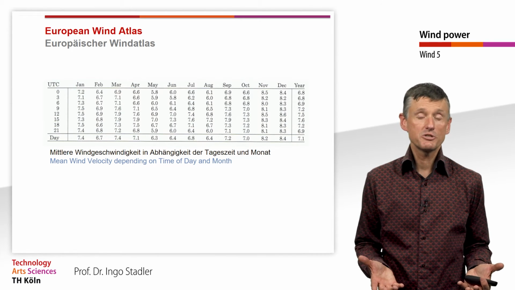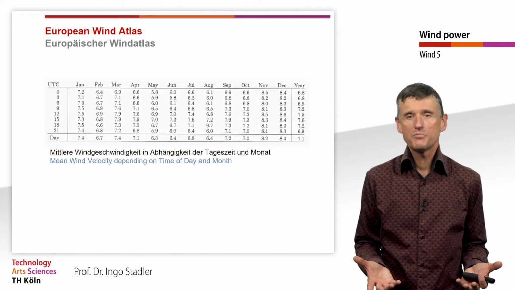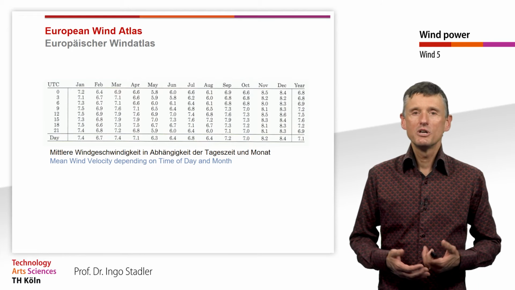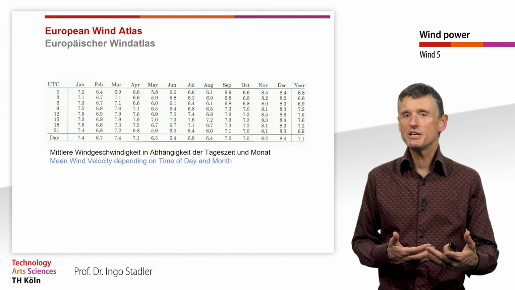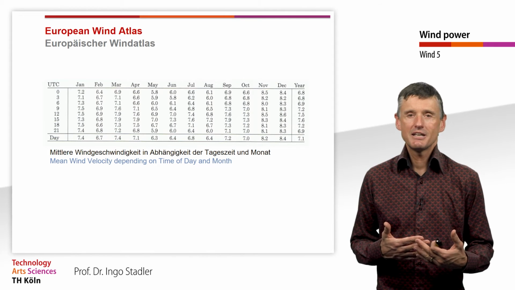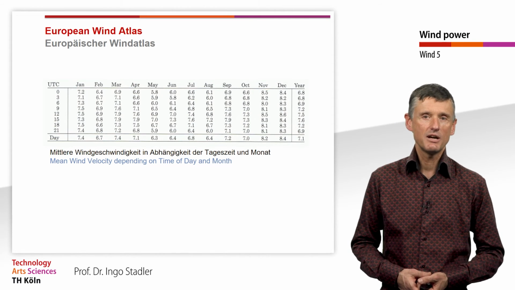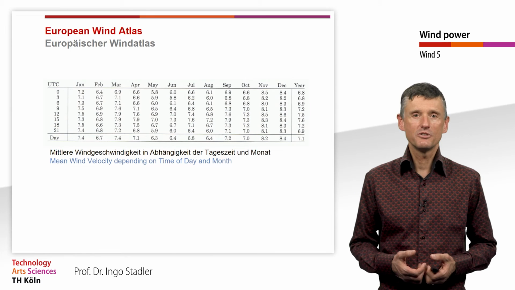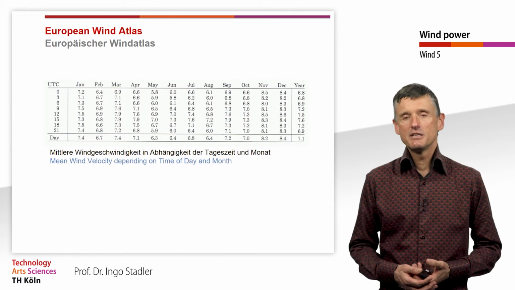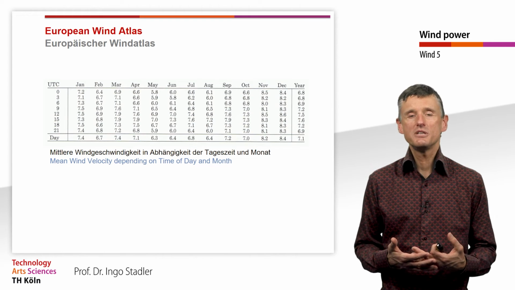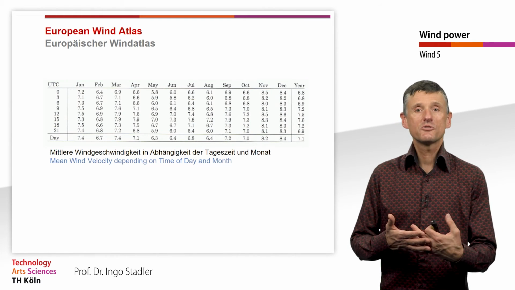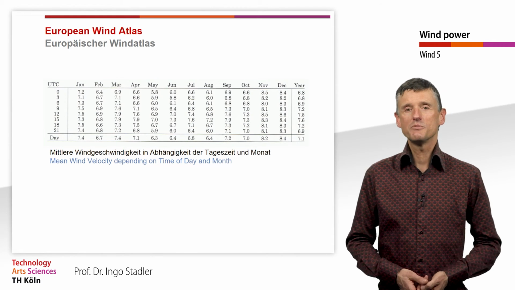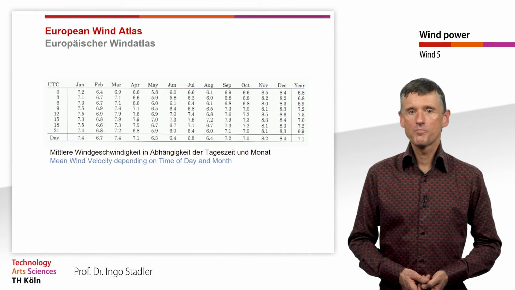And what we can see here is quite typical behavior of a site, the wind behavior of a site in Central Europe. When we look at time of day, it's not really a big variation, but we can always see a slightly higher velocity in the early afternoon hours. And what we also can typically see for a region in the Northern Sea area is that we always have a bit lower wind speeds in summer months, and then it's increasing by autumn and winter, where we have higher wind speeds and higher powers available for wind turbines.